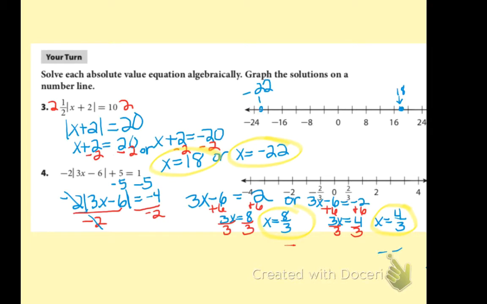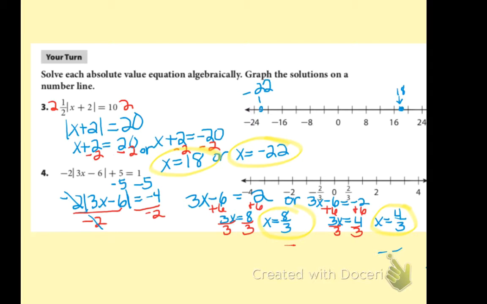Alright, so thanks for giving those 2 problems a try, and hopefully you experienced some success. And you found that the solutions to number 3 were 18 and negative 22, and the solutions to number 4 were 8/3 and 4/3, and so to graph 8/3, which is actually 2 and 2/3, which would